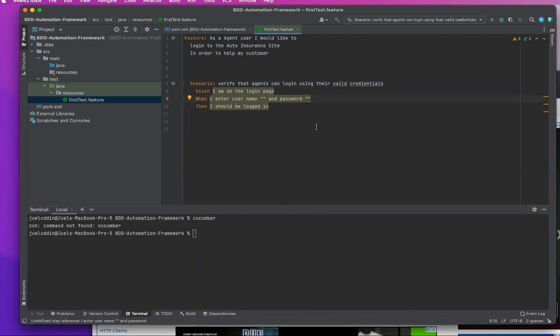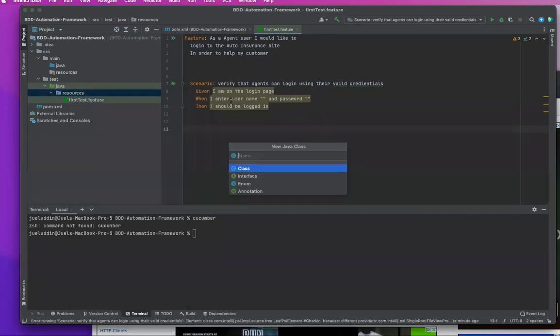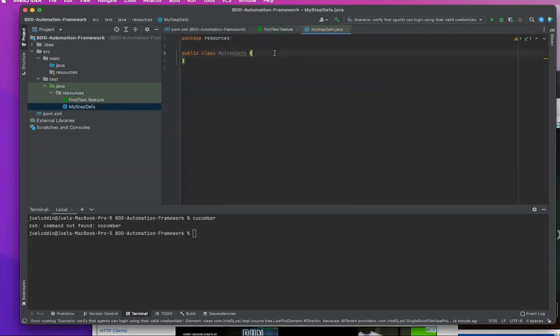Okay, so the way we need to create a step definition class, I'm probably going to do that manually to make sure that it's fine. So Java class, and I'm going to say something like MyStepDef. The M should be capital, StepDef. I'm just taking similar names to what is being suggested by IntelliJ. I want to enter that. Once that happens,